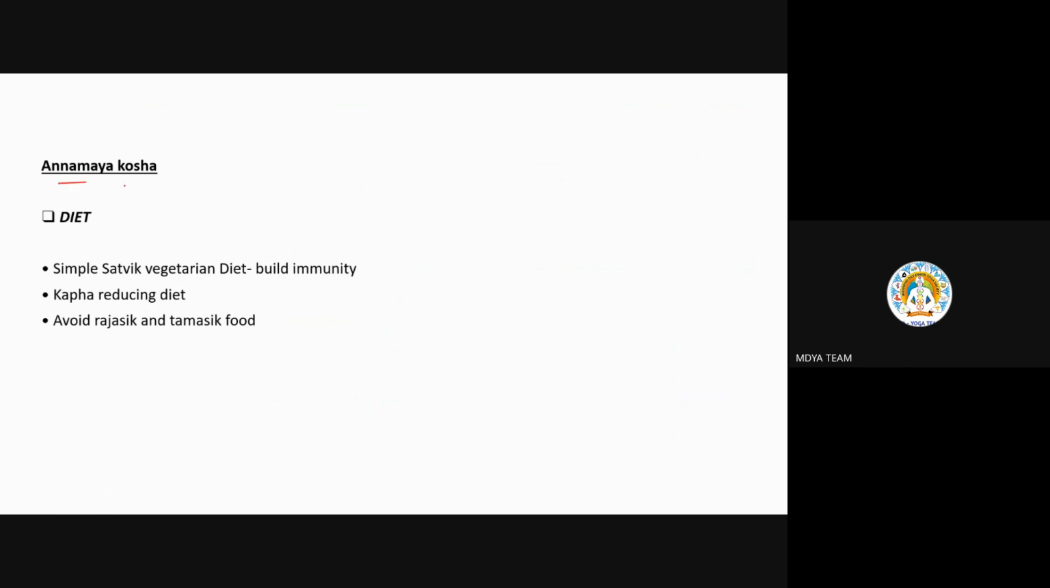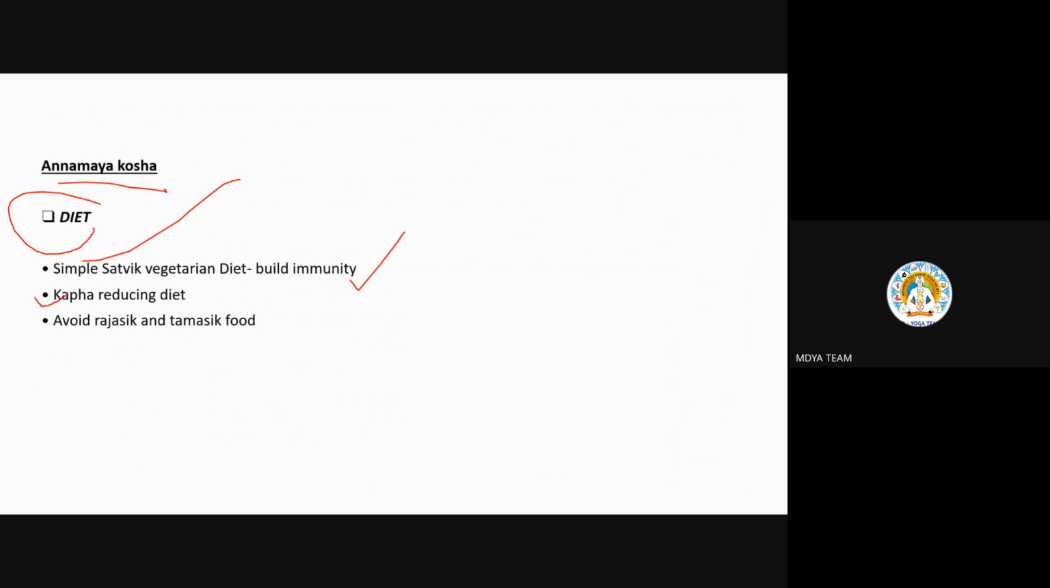First, we'll see Annamaya Kosh, again with diet. Normal diet is common in all the diseases, but in some it could be specific. Normal sattvic food, green vegetables, etc. Cough reducing food. Why here also again cough reducing? Because